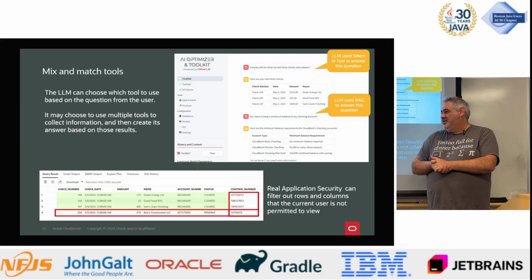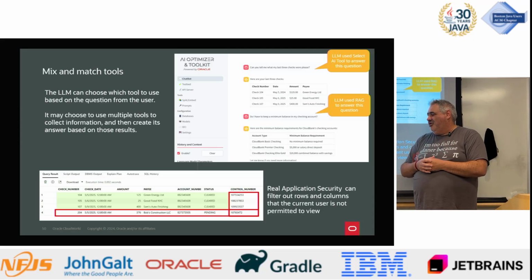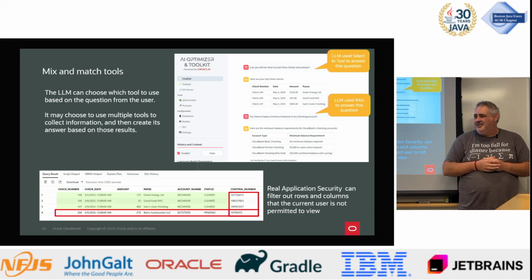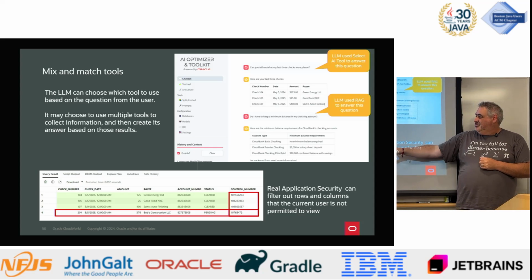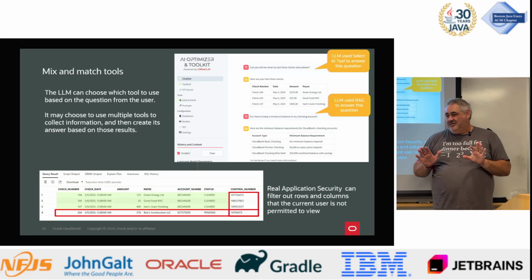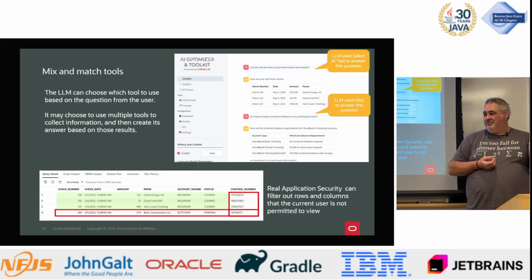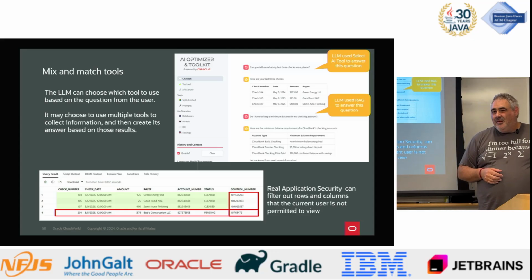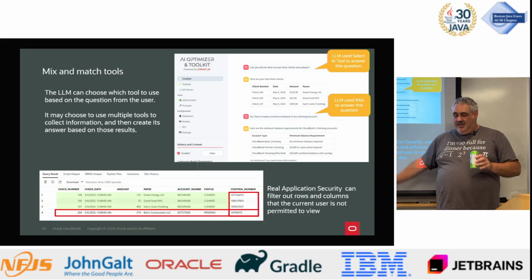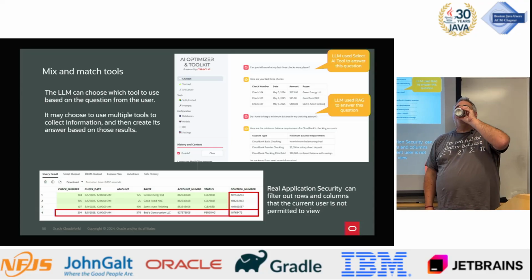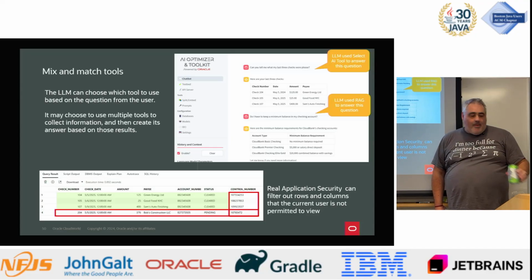Unless Doug is an administrator and has approval. You can have roles of some kind. Yeah, exactly. That's much more reliable, because the database is not going to make a mistake about that. It's enforcing it, and the LLM is never going to get the data that it shouldn't give to Doug in the first place. So you're not relying on the LLM to do the right thing. But you've got to set up the security. Exactly.